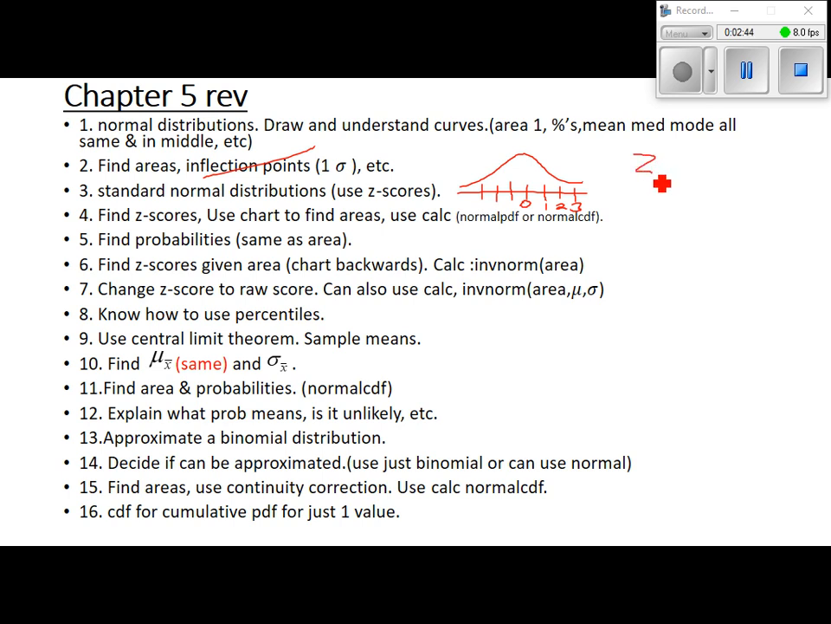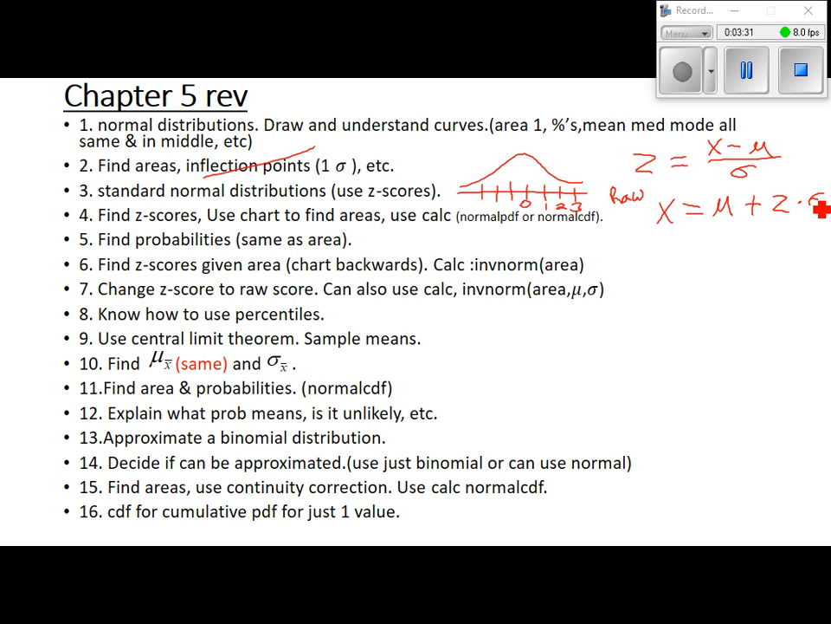So remember, for a z-score, I'm going to write these two formulas up here. To change something into a z-score, it's the score minus mu, divided by sigma. That's if you want to change it into a z-score. If you want to change it to a raw score from a z-score, then it was x equals mu plus z times sigma, I